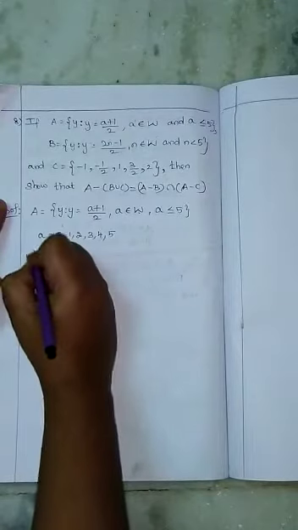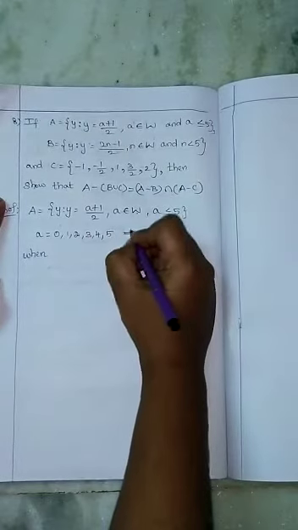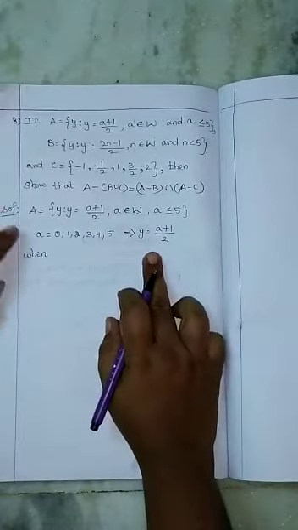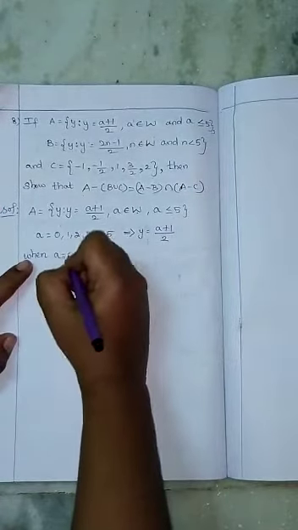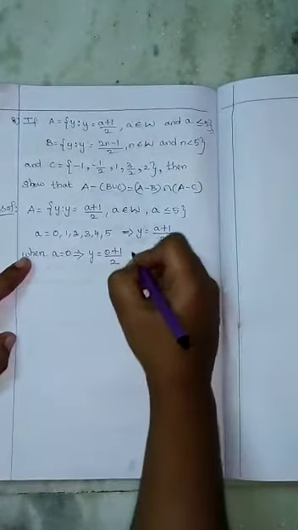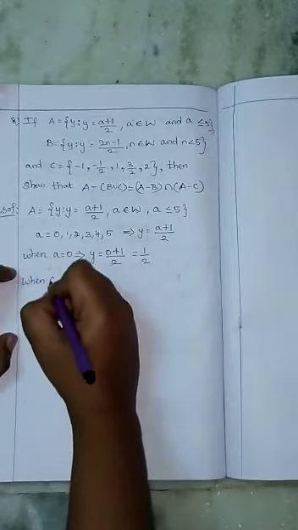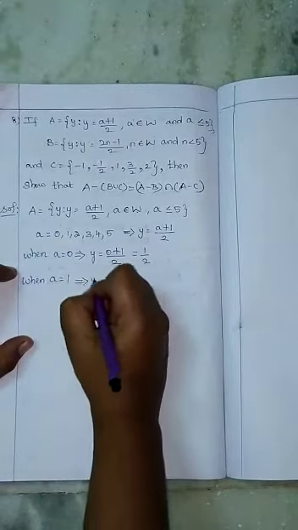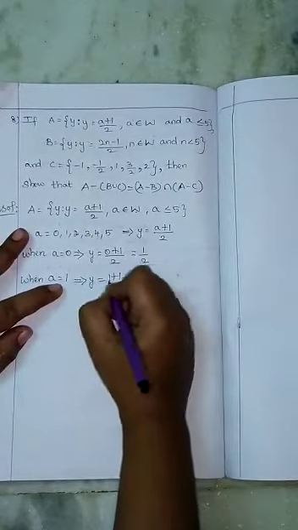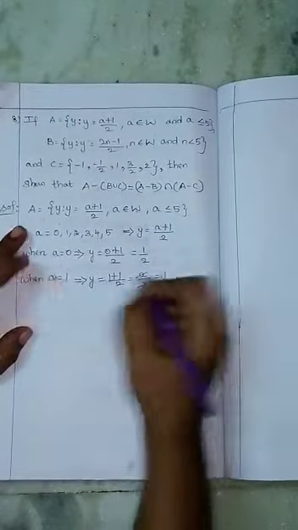Okay. So first, you know very well what is the y statement here? y equal to (a plus 1) by 2. This is the y statement, right? First if a equal to 0, applying y equal to (0 plus 1) by 2, then 0 plus 1, 1 by 2. Next, when a equal to 1, instead of a you are applying 1, so 1 plus 1 by 2. That means 2 by 2. If you are cancelling, you will get the answer 1.